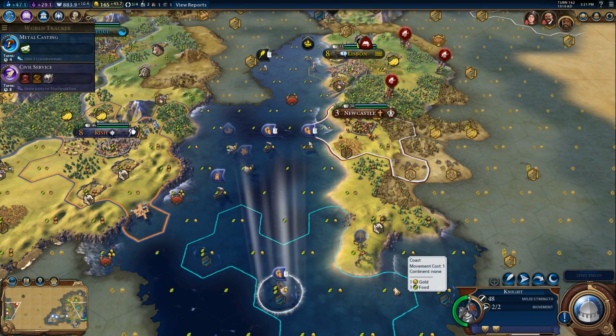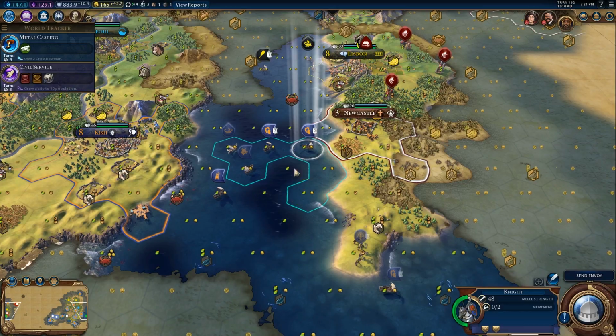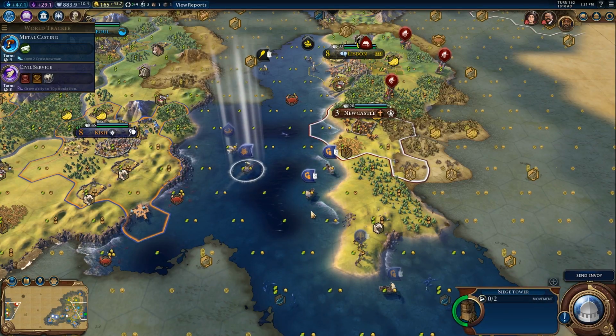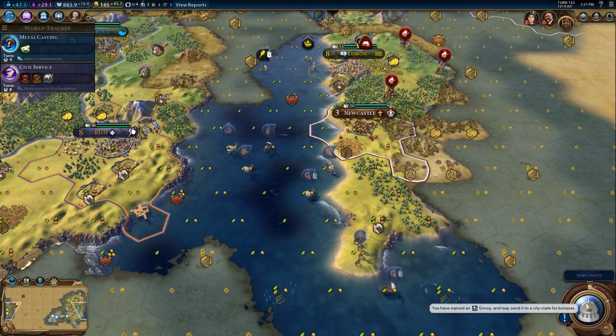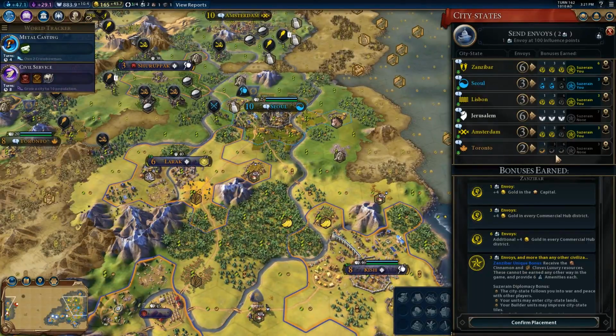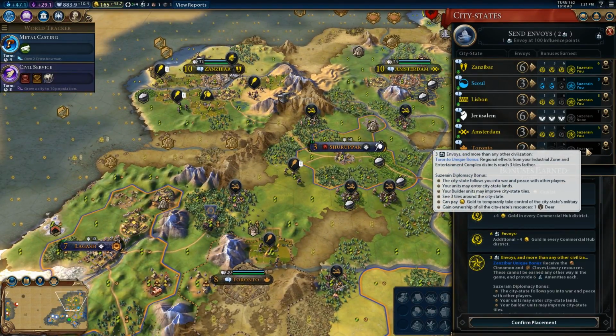You land over there. Let's bring you around the back. Bring you over here. You here. You here. Has England noticed what's going on? Does not look like it. So we could send an envoy to Toronto, which would allow us to control it. So we get the suzerain bonus, which is